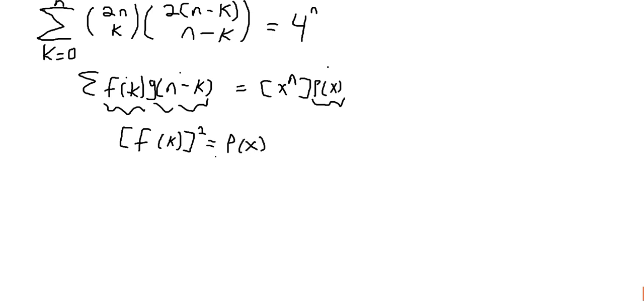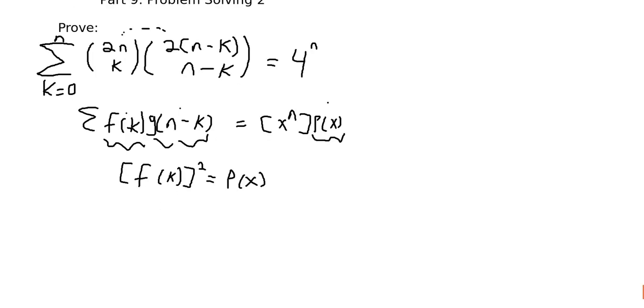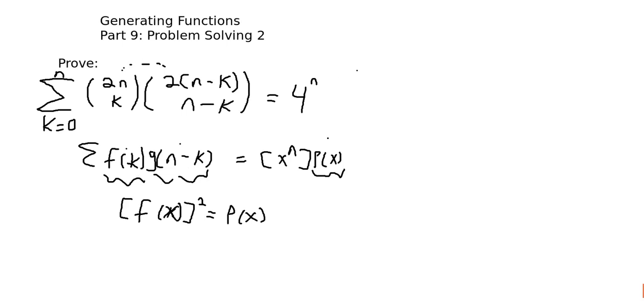That's what we want to prove. And so f of x is the generating function for 2n choose n. We want to show that that generating function squared equals p of x, but let's first figure out what p of x is,